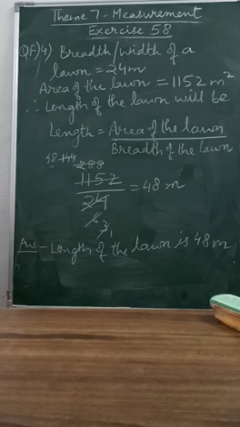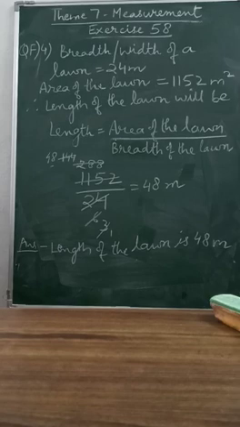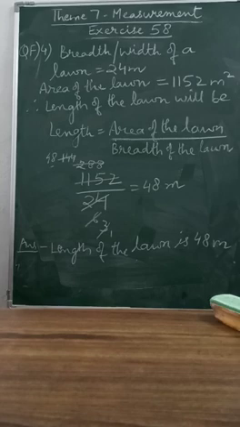Okay, so what is the area of the lawn? 1152 we will write in the numerator, then 24 we will write in the denominator. You can see on the blackboard. Okay, I have written 1152 in the numerator and 24 in the denominator. So now I have to cancel out these numbers, what you call as reduce the numbers. Okay, we will keep on dividing these two numbers till the time all the numbers get cancelled with each other.